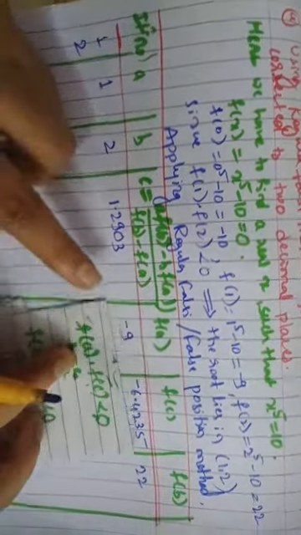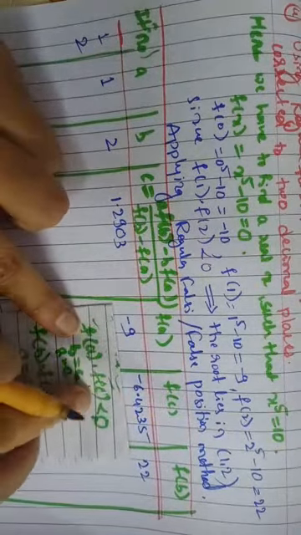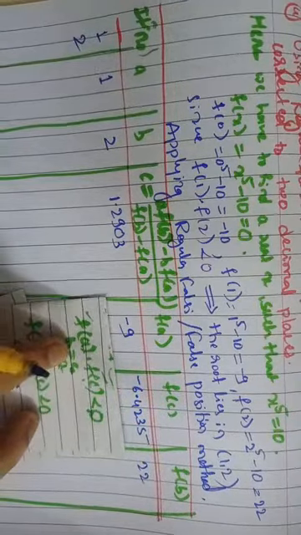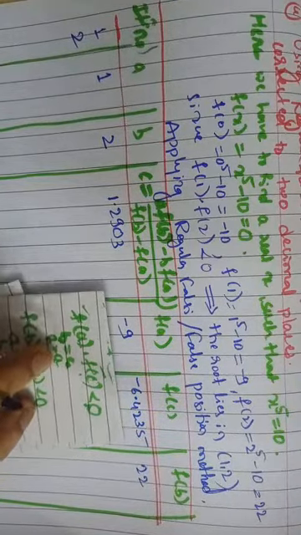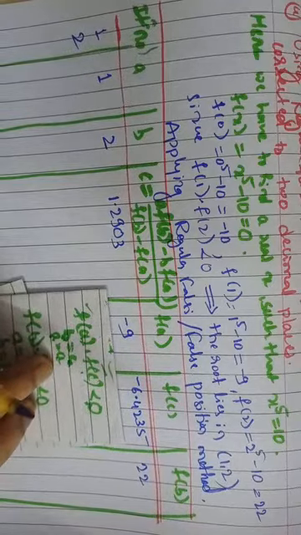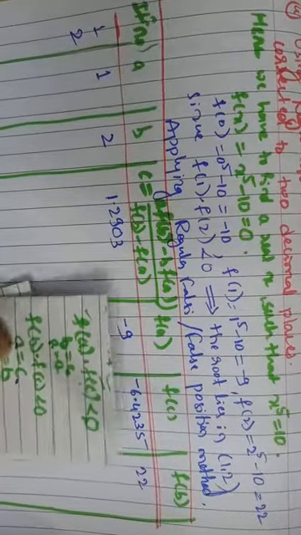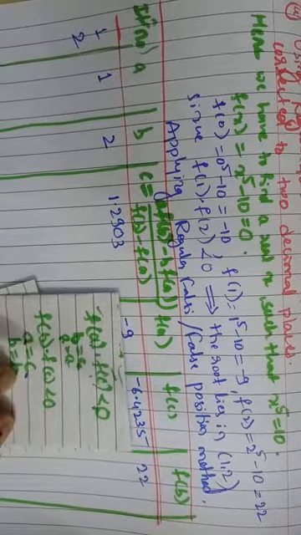The condition is always we follow this, right? So f of a and f of c, multiply these two. If we get a number which is less than 0, then we will update b with the c value and we'll keep the a as it is. Otherwise we will update the a value with c and we will keep the b value with b only.